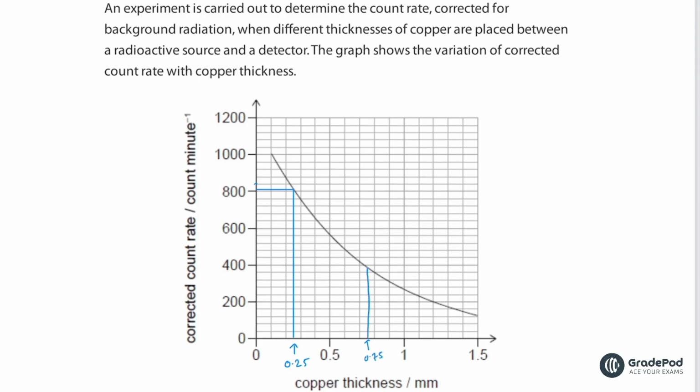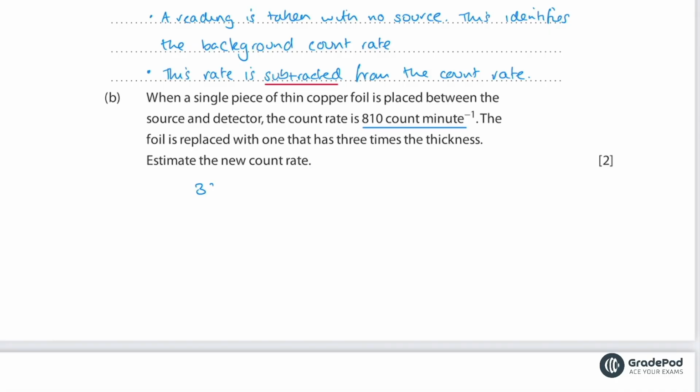All the way up and then across. It's tempting to say 400, isn't it? But actually, if you look really closely on the line there, the line crosses slightly below 400. I'm going to go with 390. It's not quite 400. 390, and we want to put our units. Counts per